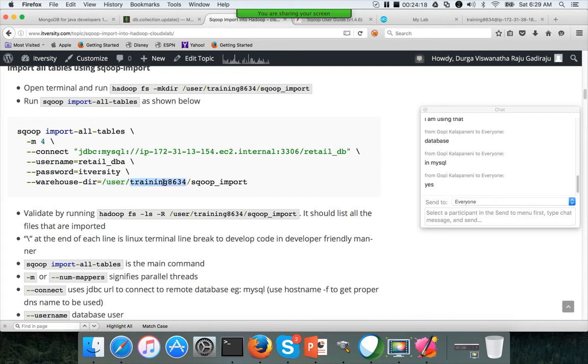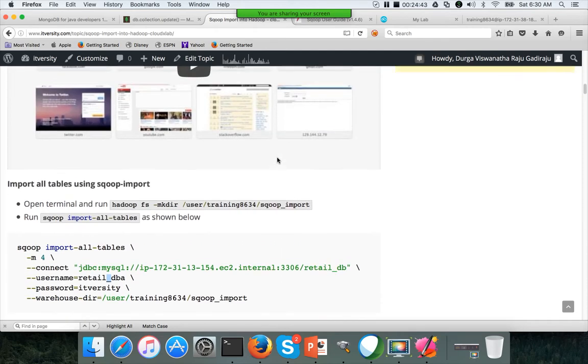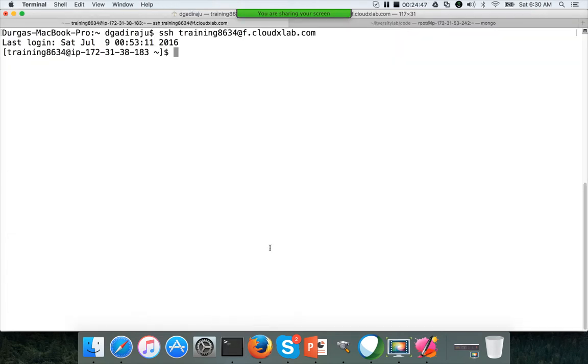Just replace these things; everything else is the same. The Sqoop user is a big playground. Everyone logs into that without any knowledge, and they might mess up some data which you are trying to use. Anyway, now we have validated from MySQL.